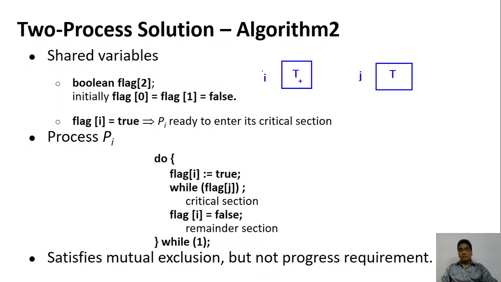Both are true. Let's assume the blue color is I. So I comes here: I am interested. J comes here: I am interested. I goes to this location and finds that J is interested, so I will get stuck in this location. Now J comes here, having already set its value to true, and checks that I is interested. So I am a good person, I am supposed to allow I to continue, so let me wait until I declares it to be false.